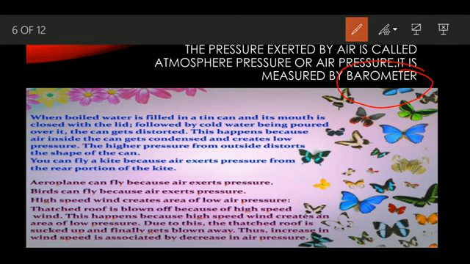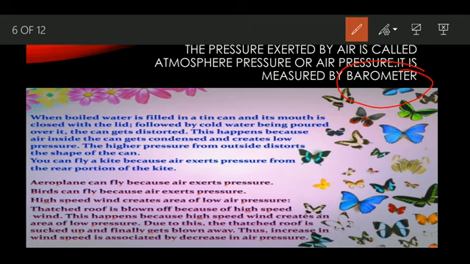Another example, or activity, by which we can prove that air exerts pressure is when boiled water is filled into a tin can. Students, this is a simple activity you can perform at home also. Take some boiled water into the tin can, and pour some ice cubes on it, or keep this hot tin can in ice cold water. You will be able to see that the shape of the tin can becomes distorted. The reason behind that,